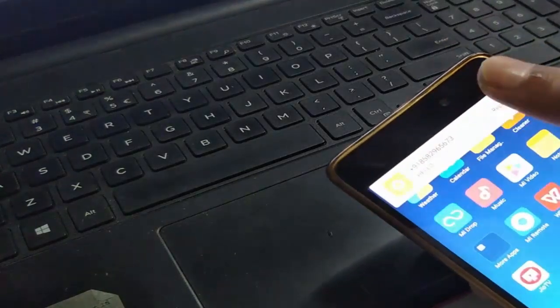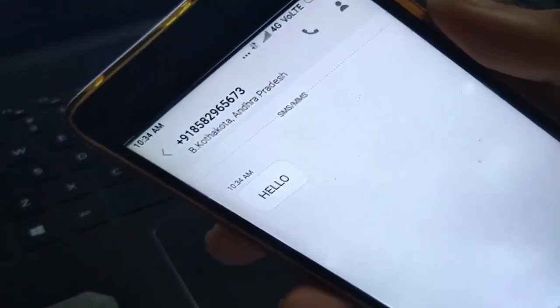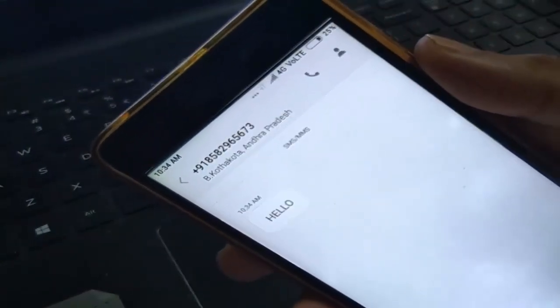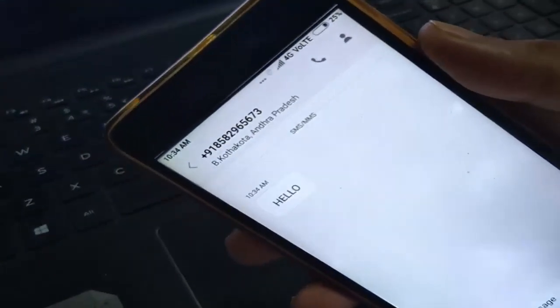See. So it's nice. You are now receiving SMS from your GSM module. So it's a great